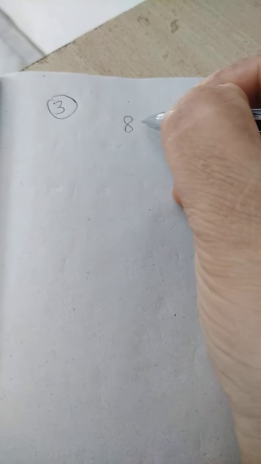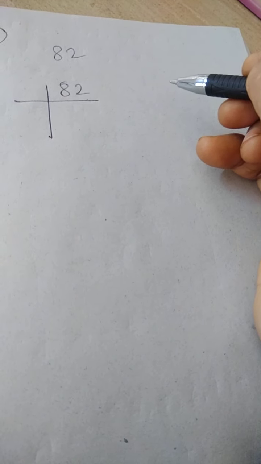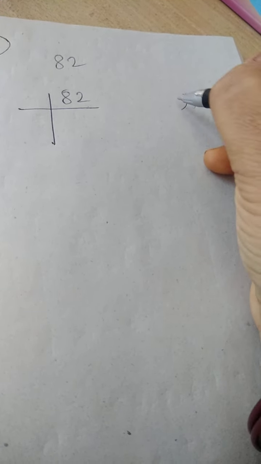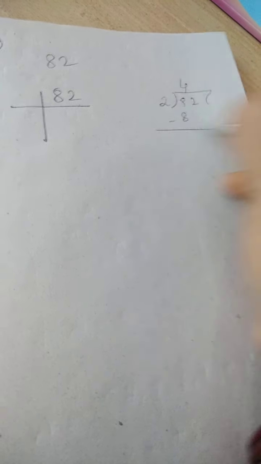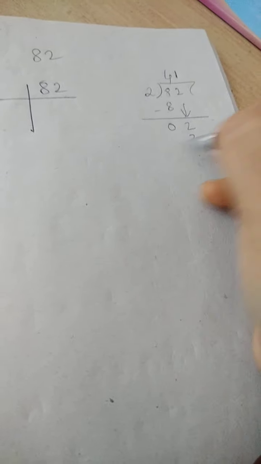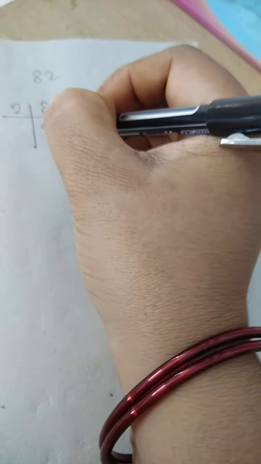You try them. Suppose we take, which number do you want to take now? 82. Okay, let us divide. Here the one's place is 2, so yes, it is divisible by 2. Divide 82 by 2. 2 4s are 8. Here 0. Again 2 here you will get. So 2 1s are 2. Okay, 0. So we will get 2 here and 41 as the quotient.